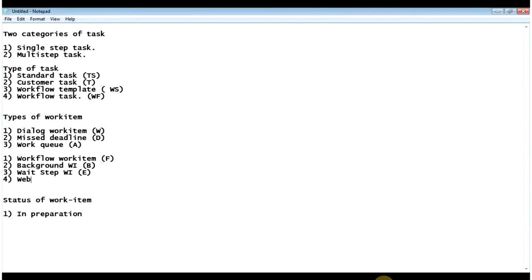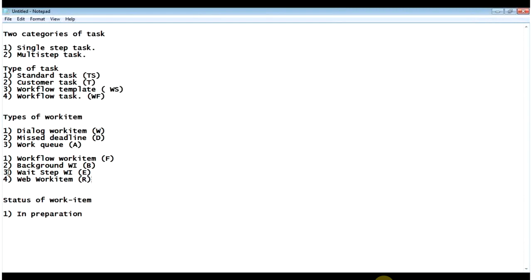And third one is work queue. Suppose you have executed one work item and that work item again needs a second execution. Once you click on the first work item, the second work item appears in the inbox of the user. Once you click on the second work item, then the third work item gets displayed in the inbox.